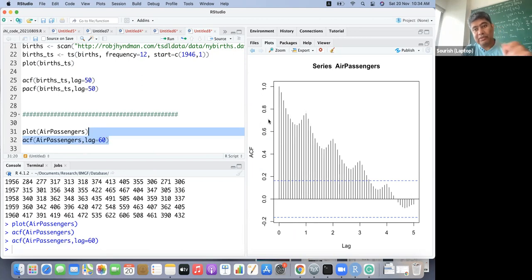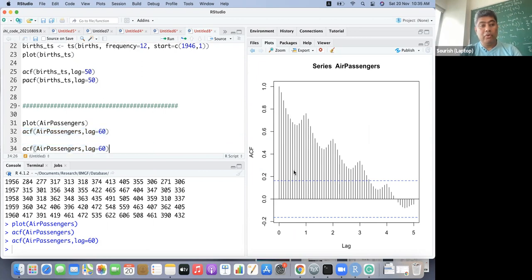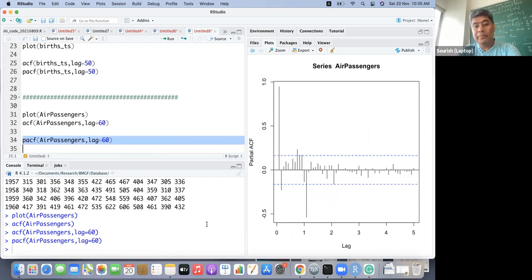You can see there is a very strong correlation going on up to the third, fourth year. But if you remove the trend and seasonal effect, then you can see that almost all things are gone. The 1 year effect is very strong, a 1 year negative effect it's creating.